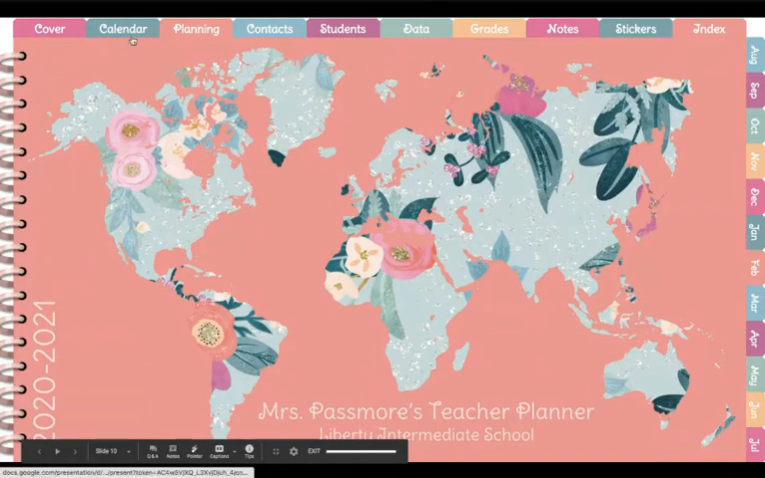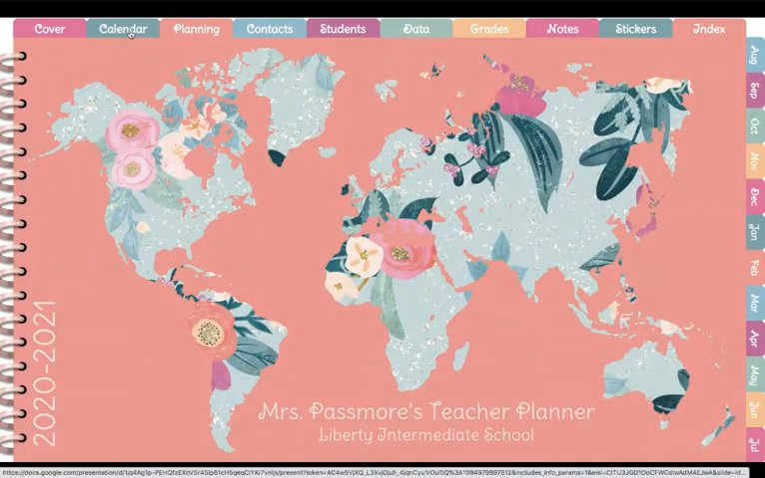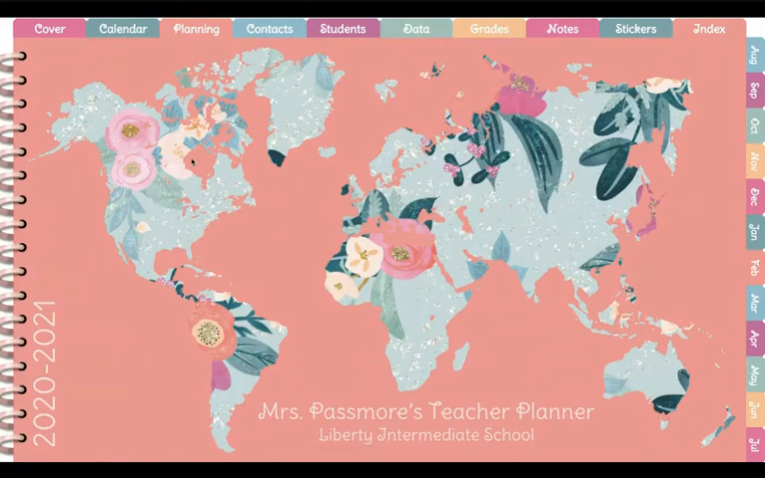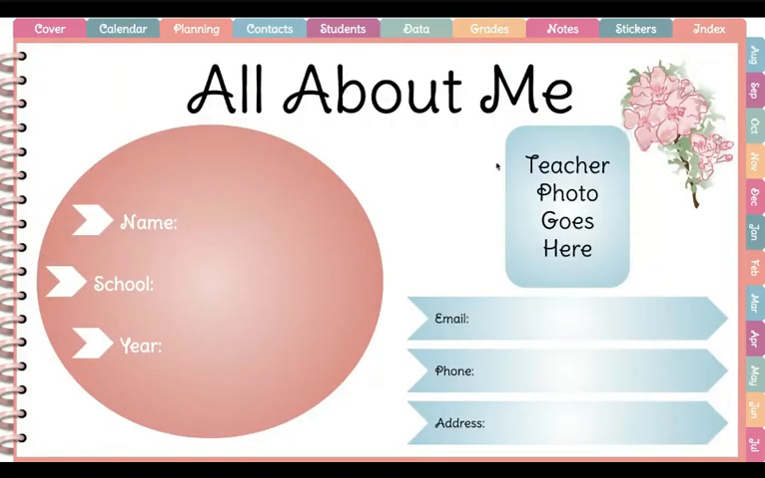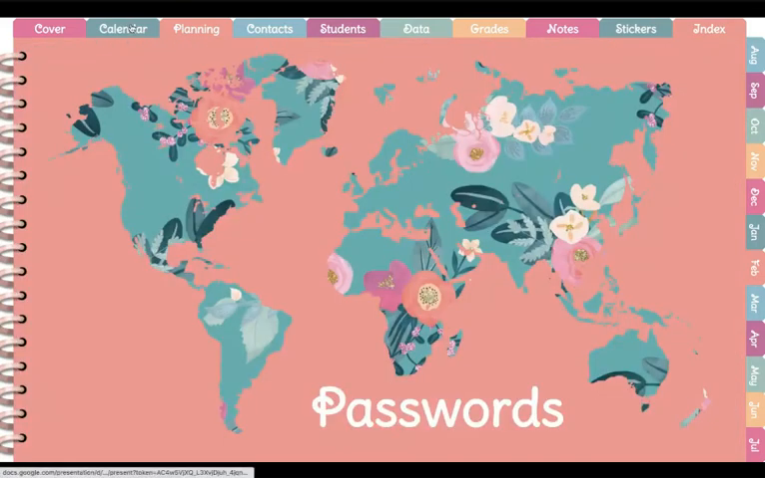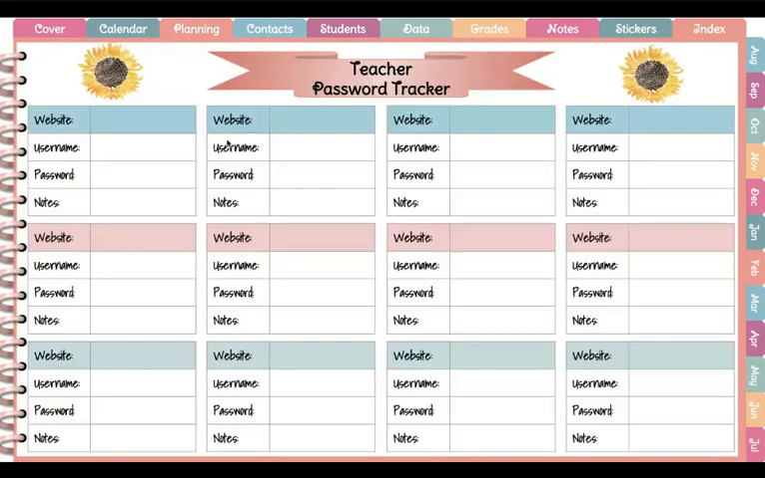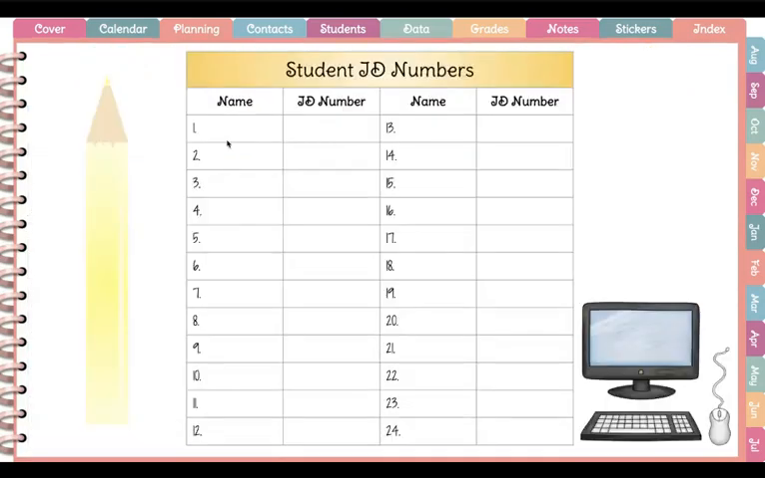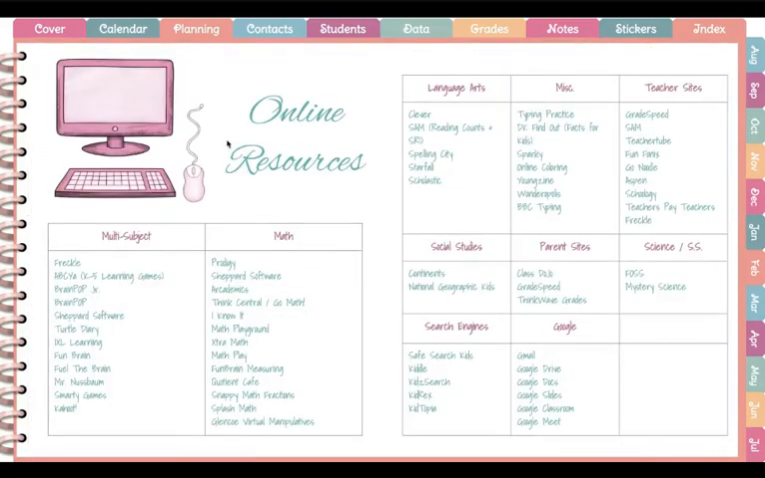All right, so I'm going to go through the tabs across the top first. So you have your cover, and you can click through the cover to see the All About Me. So make sure you click through as well. Don't just go to the tabs because there are some things in between the tabs. All right, so there's passwords, a teacher password tracker, and a student password tracker, along with student ID numbers